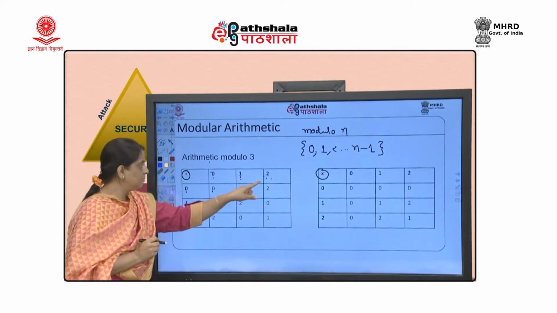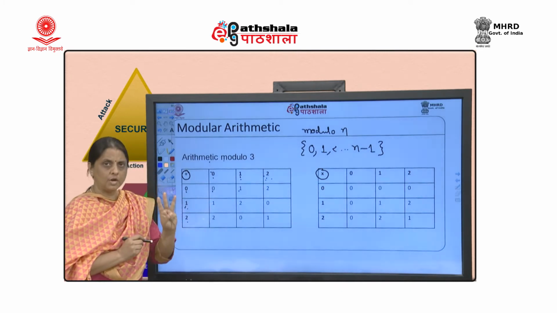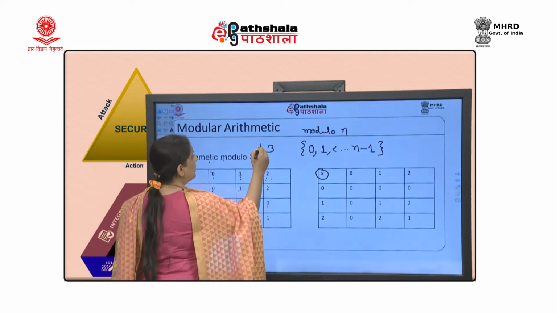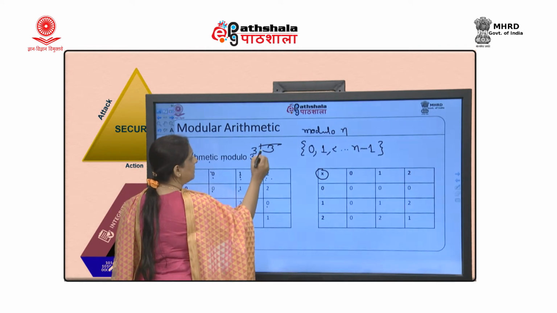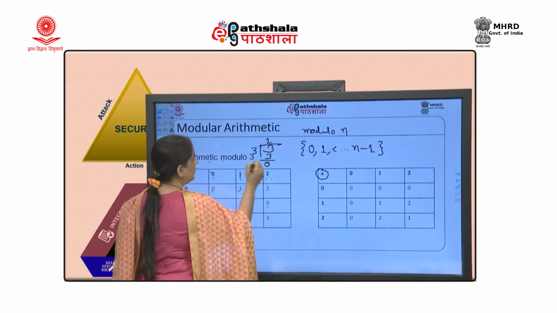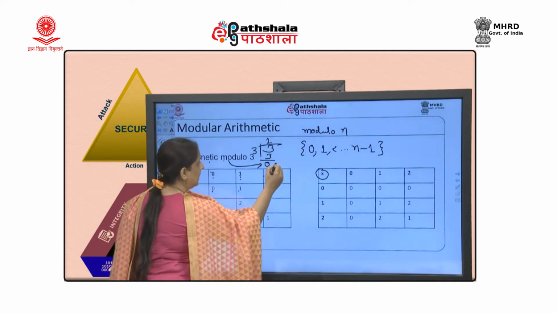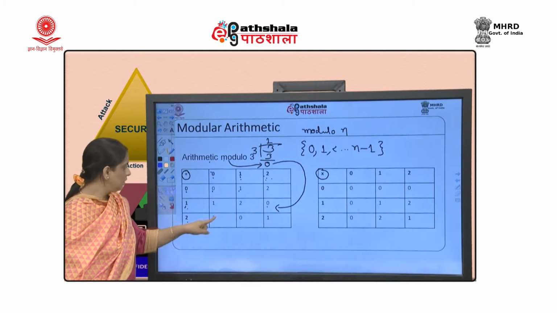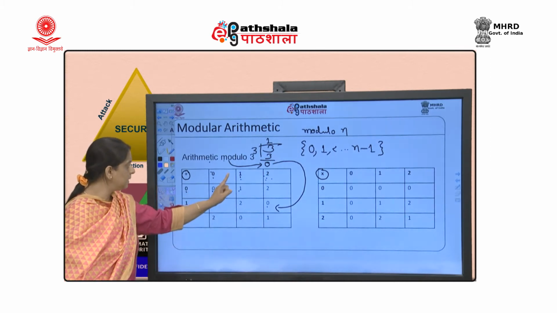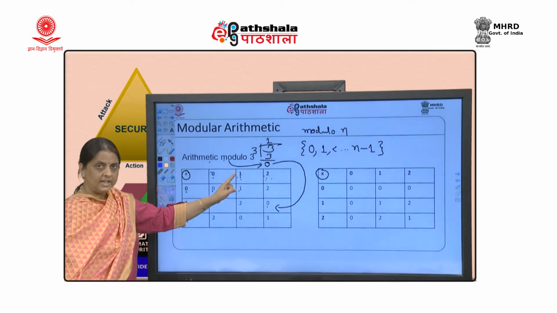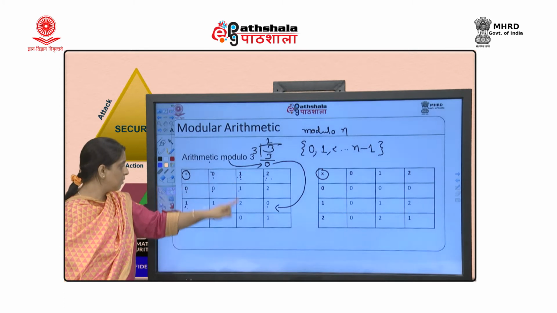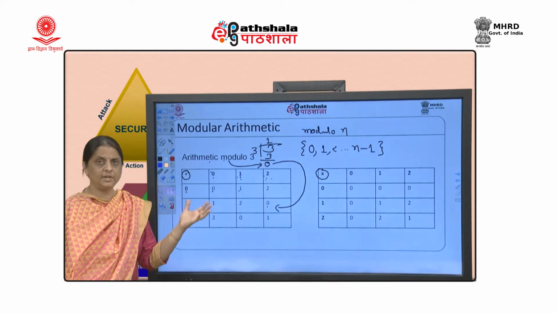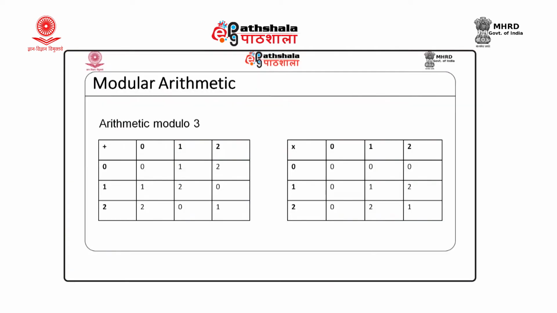This time when we performed addition we got 3. So what do we need to do? 3 mod 3 would give you 0. You have to divide 3 by 3. The quotient would be 1, but in the whole modulo operation we are interested in the remainder. Going further, 2 plus 0 would be 2, 2 plus 1 again would be 3, which is beyond the limit, so we perform the modulo and it goes to 0. 2 plus 2 once again goes beyond the limit, 4, and 4 modulo 3 will give you 1.